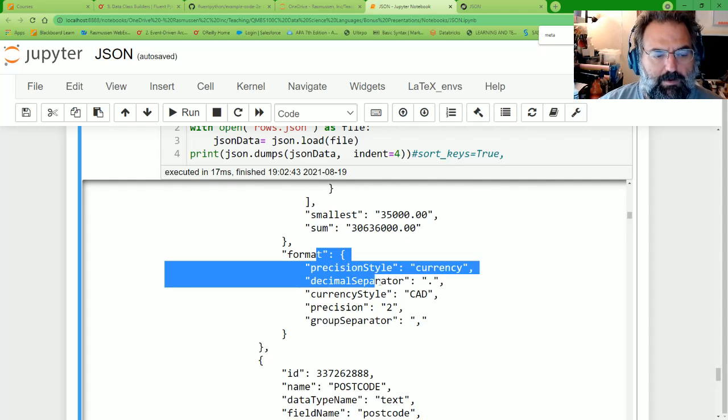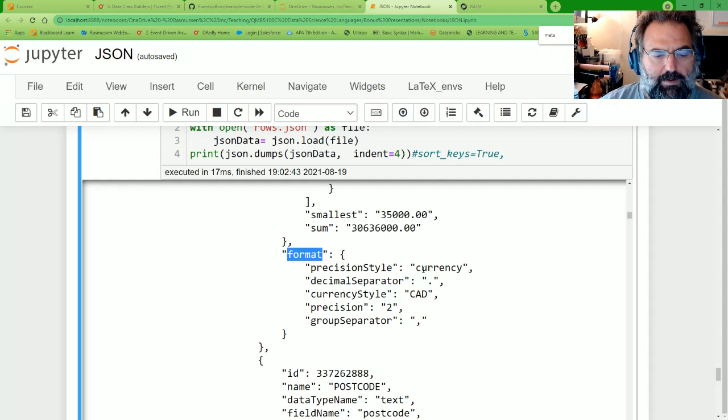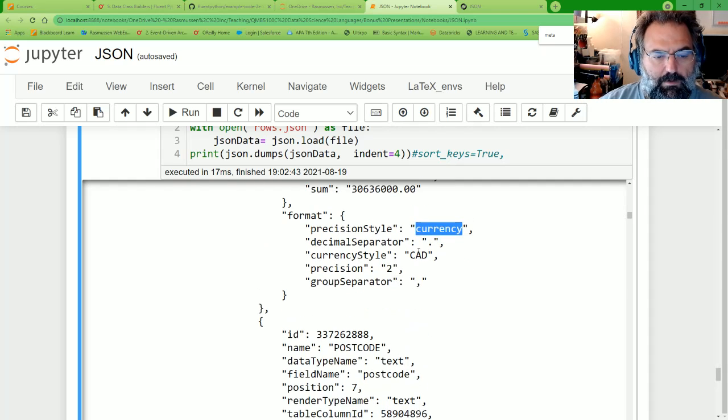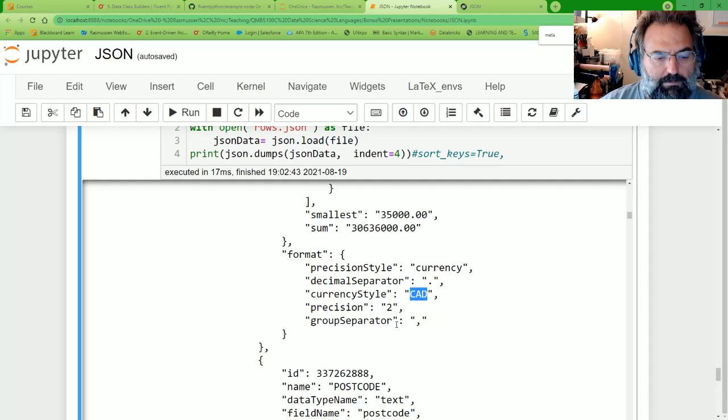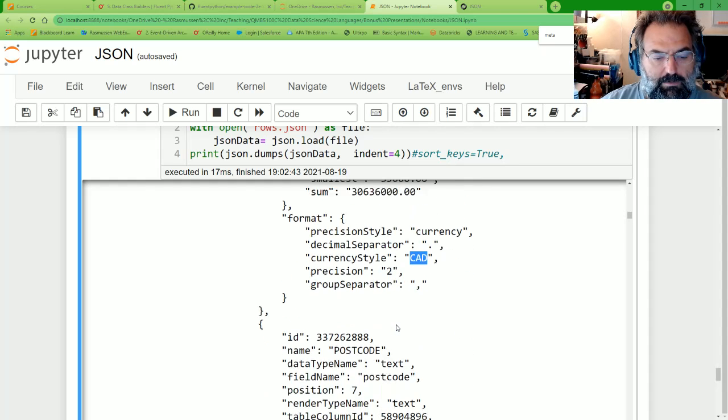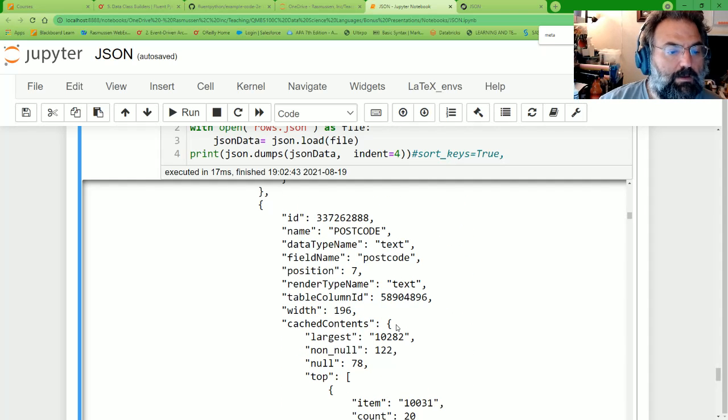There's some other stuff here I'm not using. I'm not using like the format. That would be how you wanted to display it. It looks like they, for some reason, selected Canadian dollars. I'm not sure why that would be. But anyway,